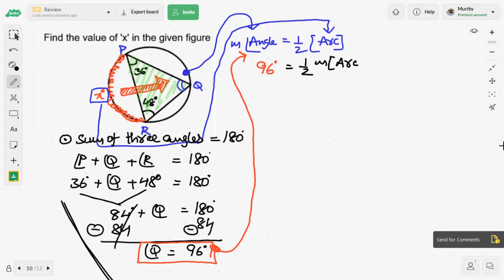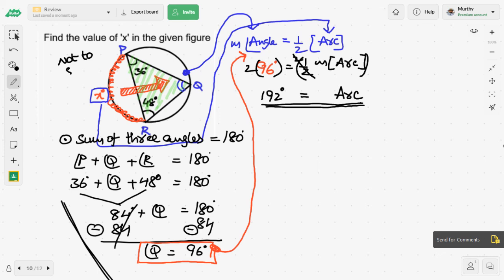So what is the arc here? It is PR or PX or whatever it may be. So here times 2 times 2, so that half will be cancelled. The length of arc is 192. My bad. I think while designing the question, please remember the diagram is not to scale, because if